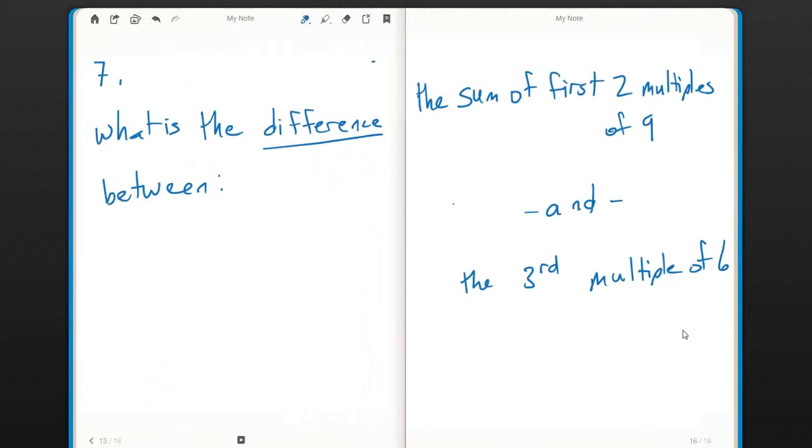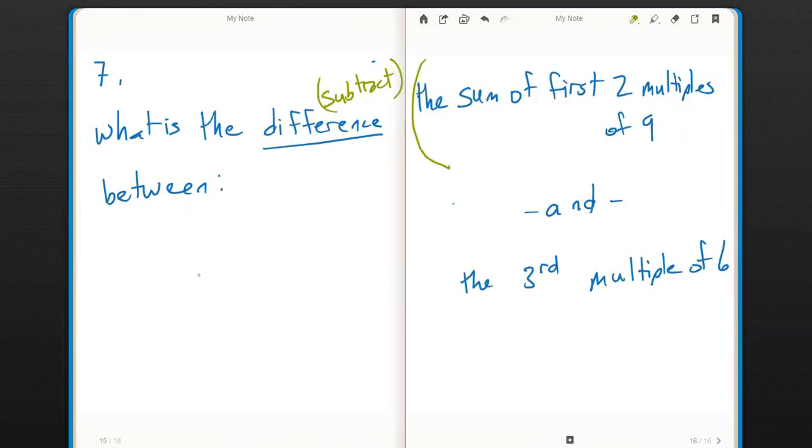Number 7 asks us this question: what is the difference between, and then it tells us what we're finding the difference between, the sum of the first 2 multiples of 9 and the third multiple of 9. Now when you see the word difference, I hope that your mind goes to the fact that that is a subtraction problem. And so what am I going to subtract? Well, the sum of the first 2 multiples of 9,